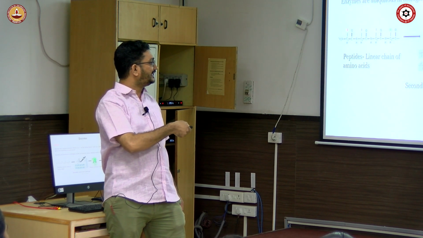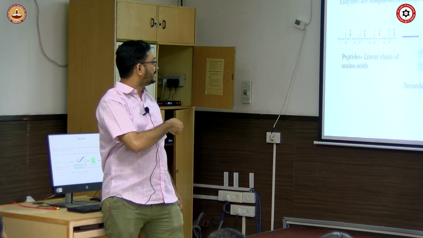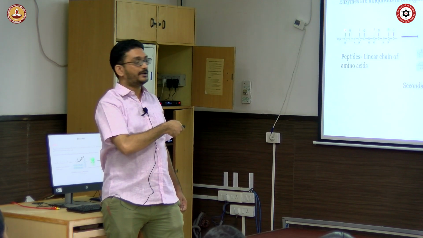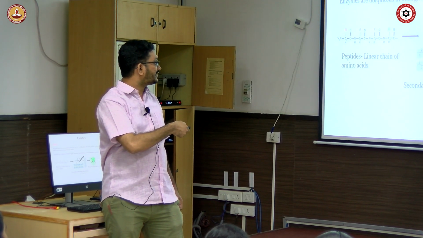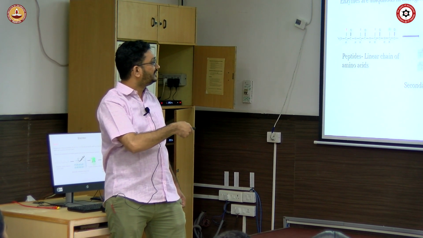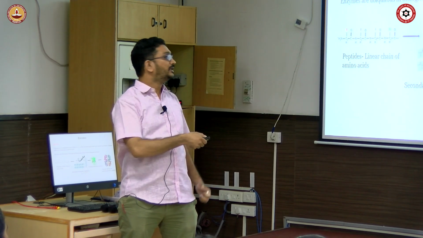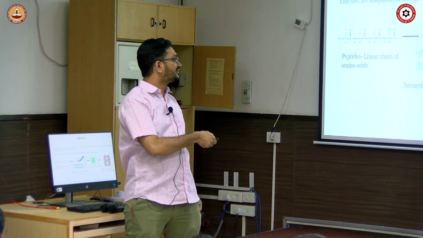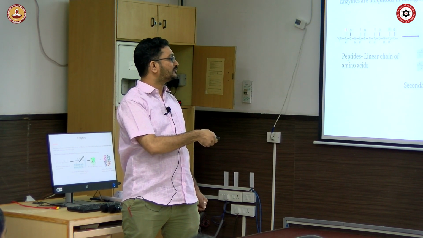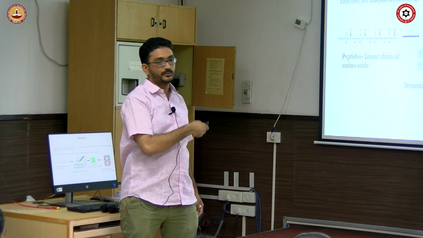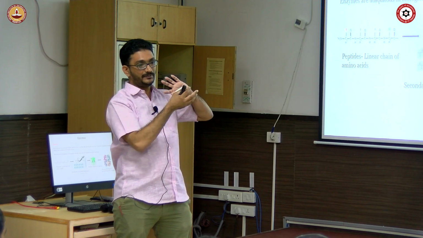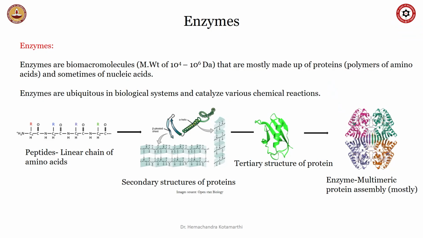Although we are writing it as a cartoon, all these are nothing but peptide bonds with the side chain amino acids. So you have secondary structure which folds into tertiary structure, and these tertiary structures assemble to form quaternary structures, which we generally call enzymes. Most of the enzymes are multimeric protein assemblies. So this is how enzymes actually are. This is not some cartoon; it is a cartoon representation of these peptides.